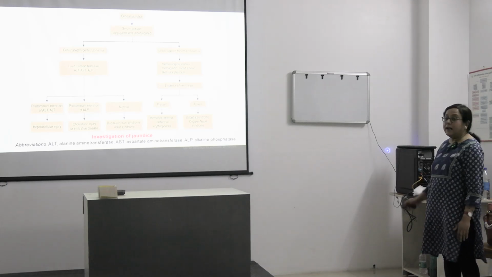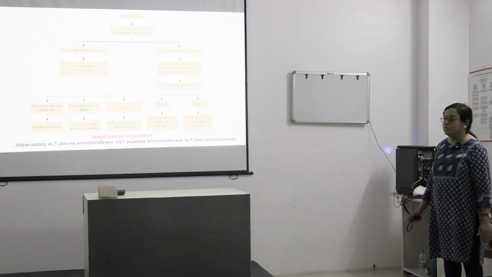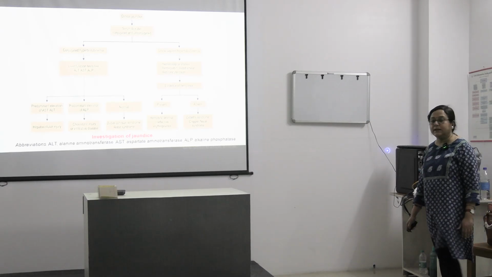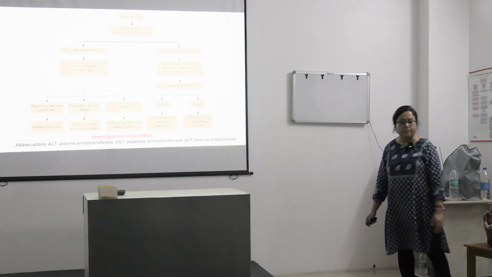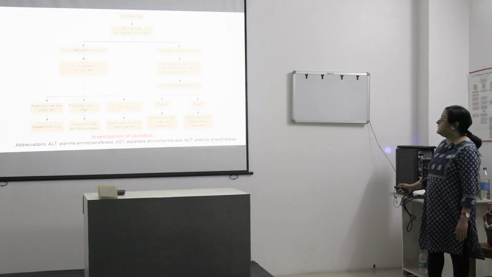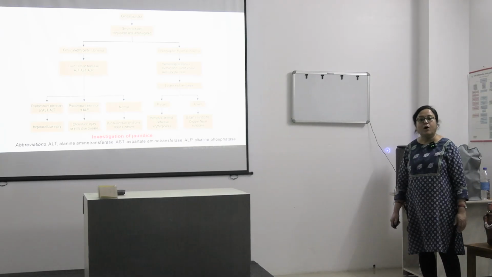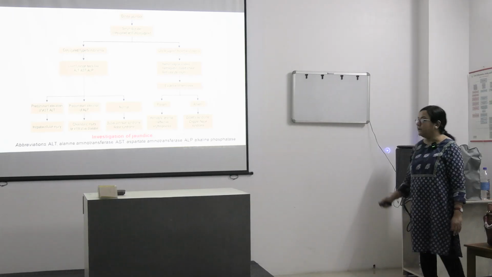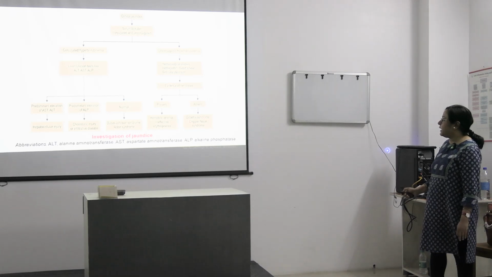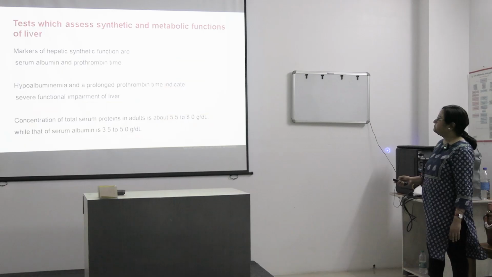If there is an increase in unconjugated or indirect bilirubin, that is unconjugated hyperbilirubinemia, then we will go for hematological studies like hemoglobin, blood smear and reticulocyte count. If there is evidence of hemolysis, then it may be hemolytic anemia or ineffective erythropoiesis. But if hemolysis is not present, then it can be Gilbert syndrome or Crigler-Najjar syndrome.